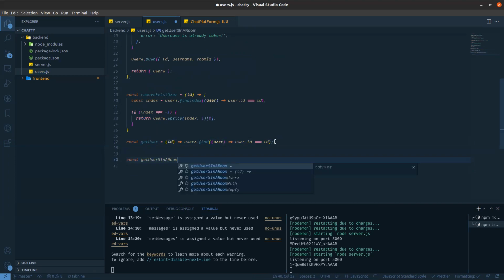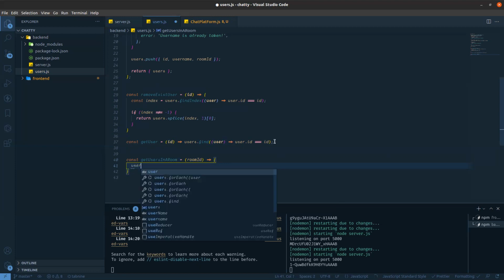I already told you we need to show the users who are already present in that room. That functionality I am doing, but you need to provide the UI and do some front-end stuff over there. That is your assignment. You can take it as an assignment. For that I need room ID, because I need the users who are present in that room. So we just need user dot filter.